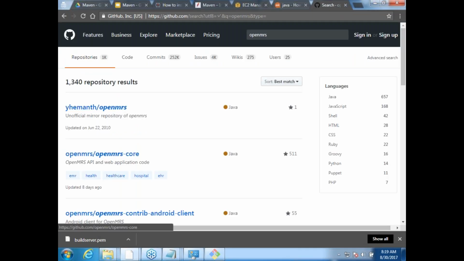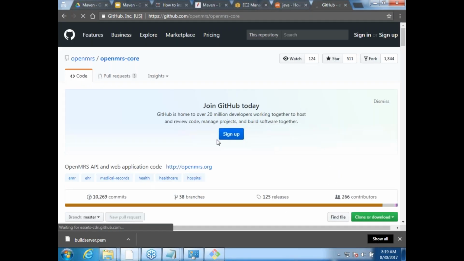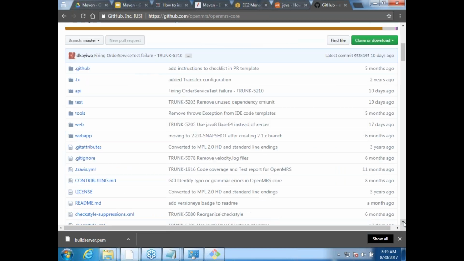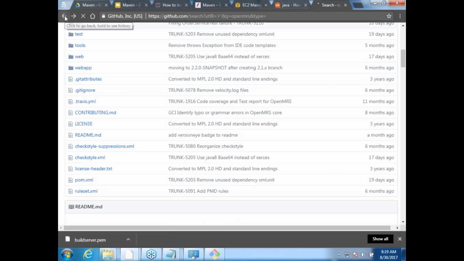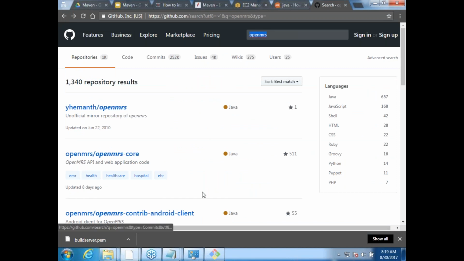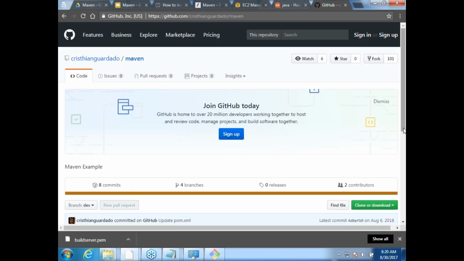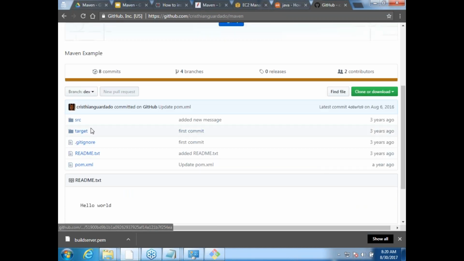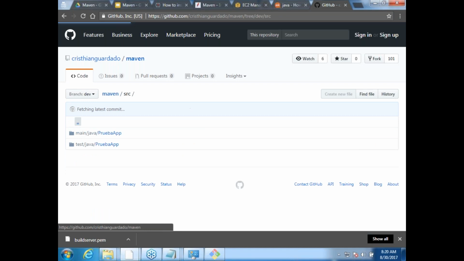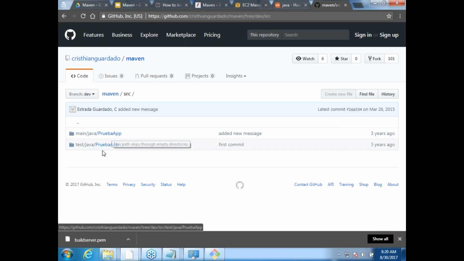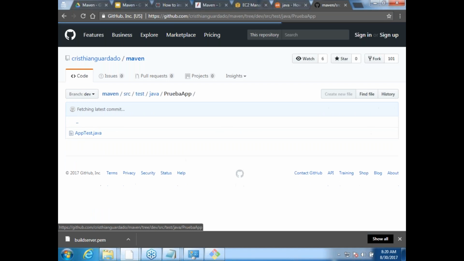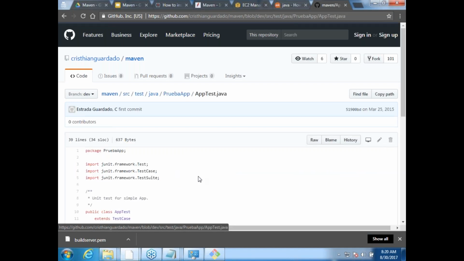Now let us look into the folder structure. Do we understand this now? SRC might be the folder where he has written code, and in that he has main Java, and then he would have test Java. Test Java is the place where your developers write unit tests.